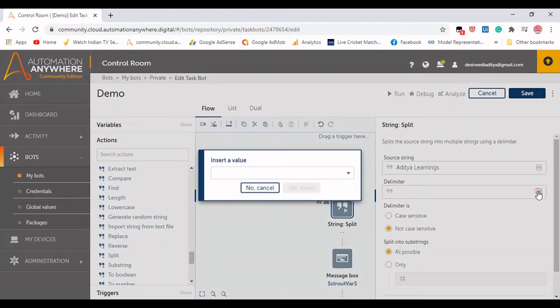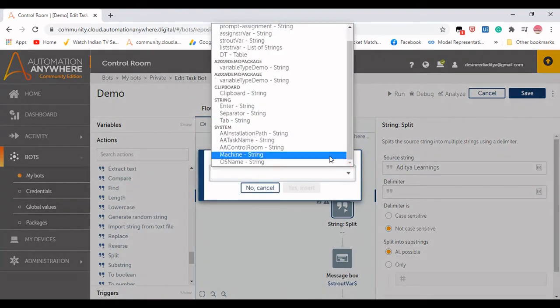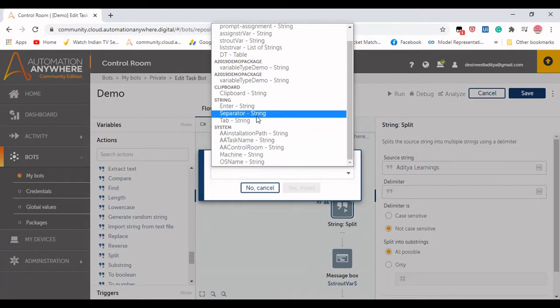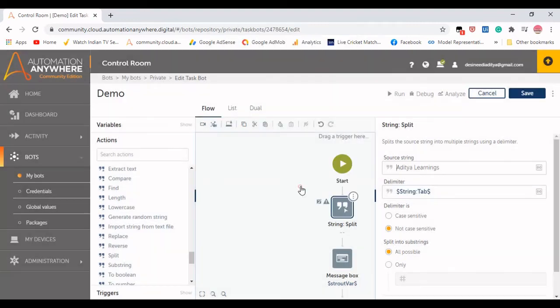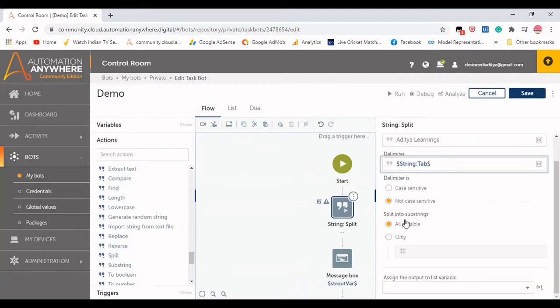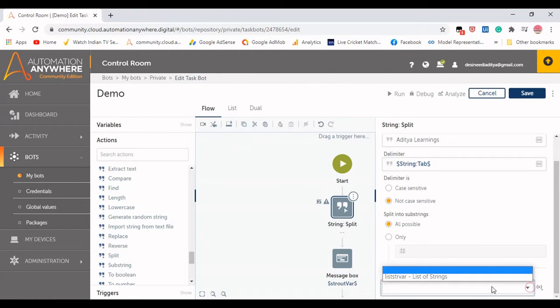There is a space here, so I will use space as a delimiter and split those two words. Here you can see it is a separator string or a tab. Let me go for the tab. It is not case sensitive on all possible splits, and we need to assign it to the list of strings here.